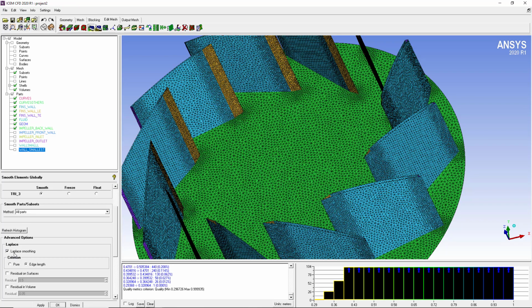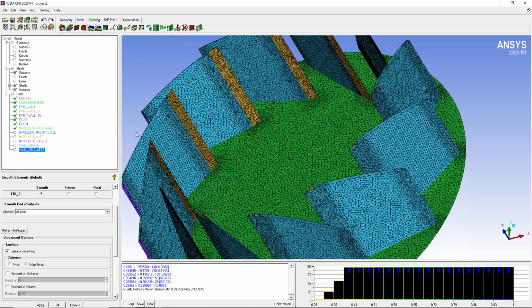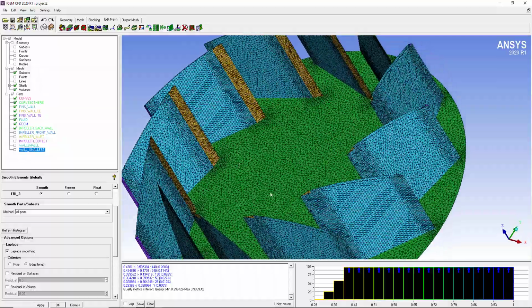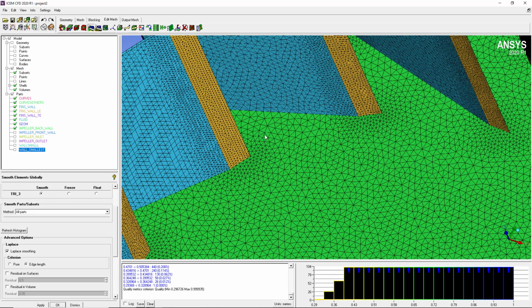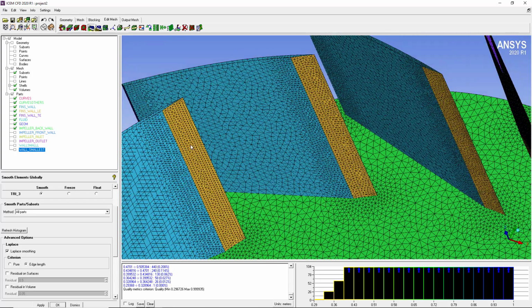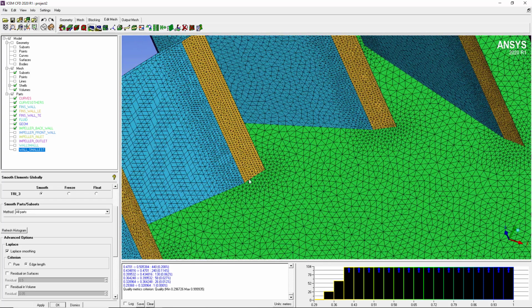When we apply the Laplace smoothing, the quality will not increase too much. Maybe it will reduce to some lower value, but definitely this is increasing the quality. And secondly, it is distributing elements evenly across the whole surface. So for example, if there is more concentration of elements in some local region of that surface, this Laplace smoothing with the edge length will evenly smooth out and distribute them across the whole